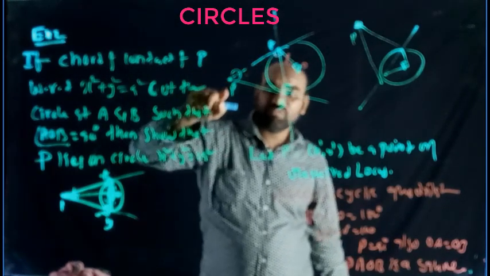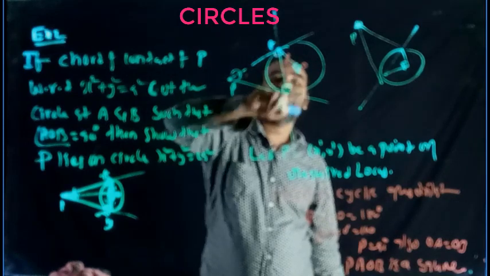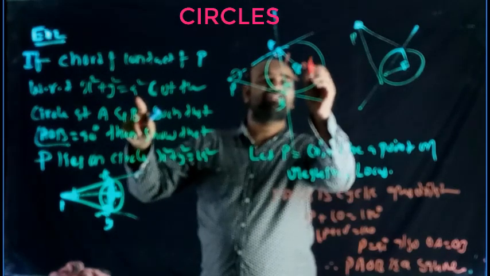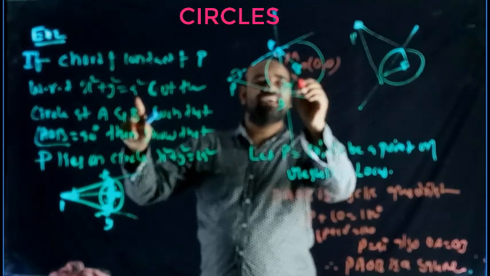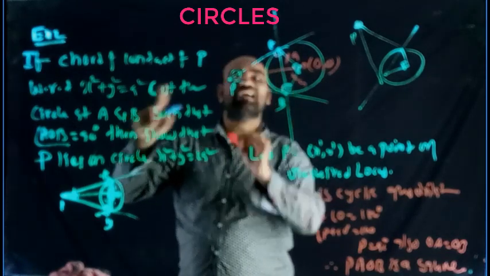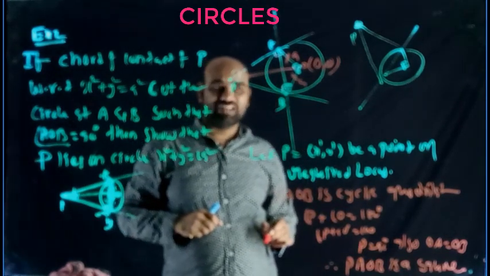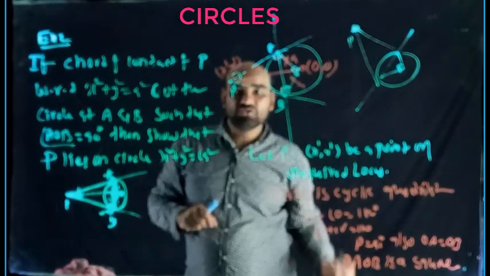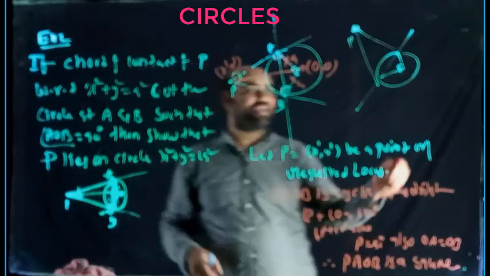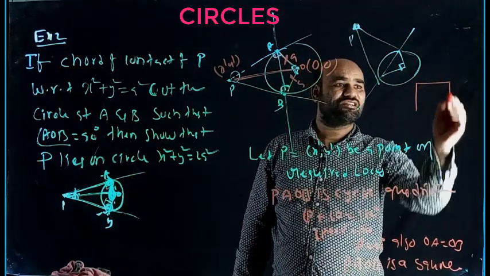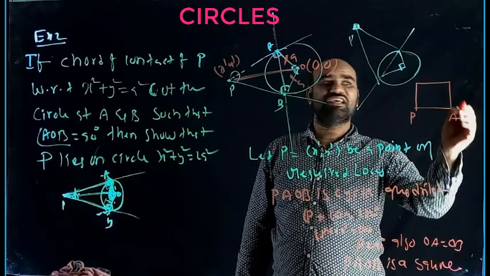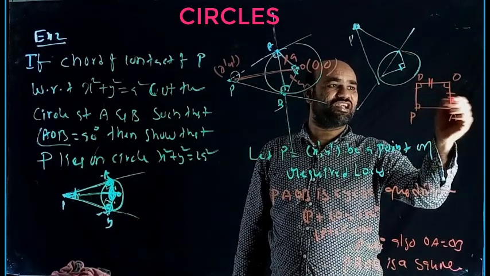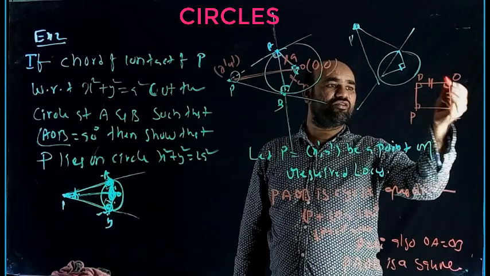So always P will form a square with AOB. Now, x square plus y square equal to a square means this is (0, 0). Radius is a. So what is this length? This is nothing but the diagonal of the square. Now this is taken as (x', y'). Already one side is a. The diagonal is root 2a. Or you can draw another separate diagram for that. So observe here. This is P, this is A, this is O, this is B. Here 90, 90, 90. So this is radius and radius, OB equal to OA.